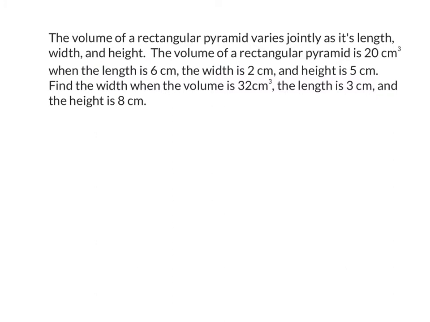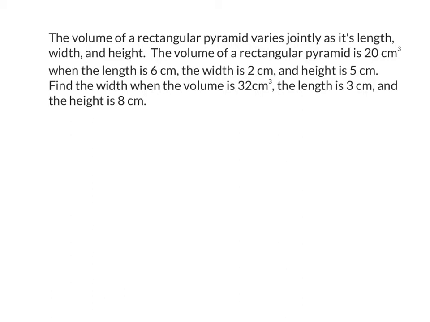Now let's do another example. The volume of a rectangular pyramid varies jointly as its length, width, and height. The volume of a rectangular pyramid is 20 centimeters cubed when the length is 6 centimeters, the width is 2 centimeters, and the height is 5 centimeters. Find the width when the volume is 32 cubic centimeters, the length is 3 centimeters, and the height is 8